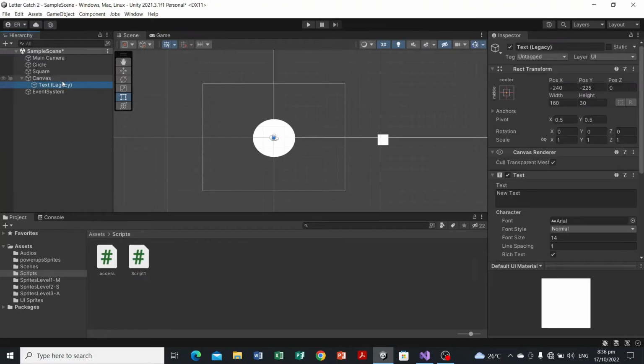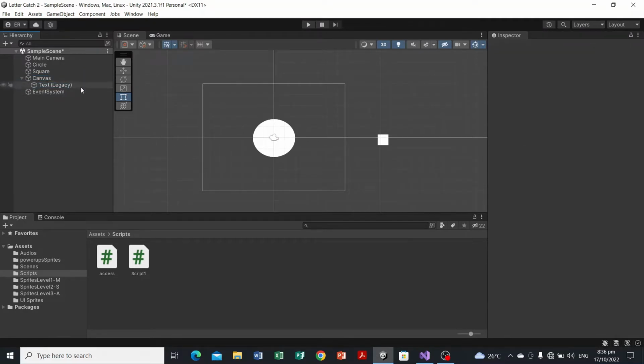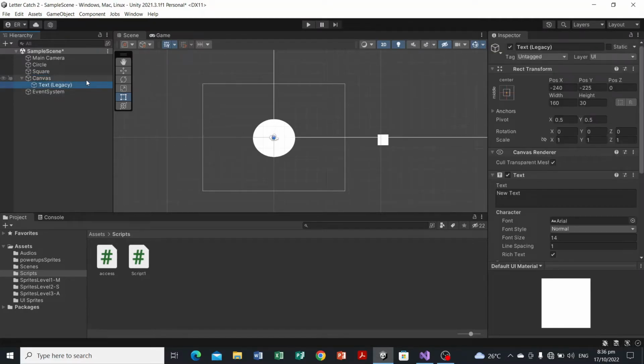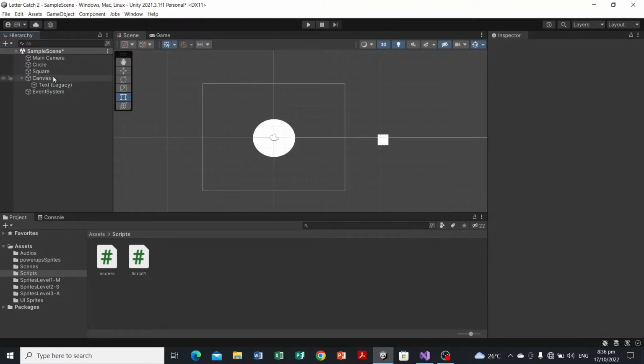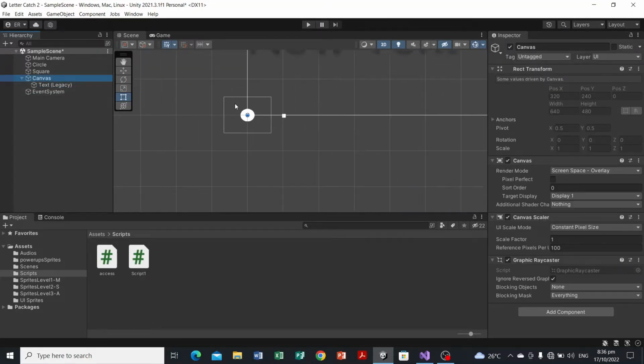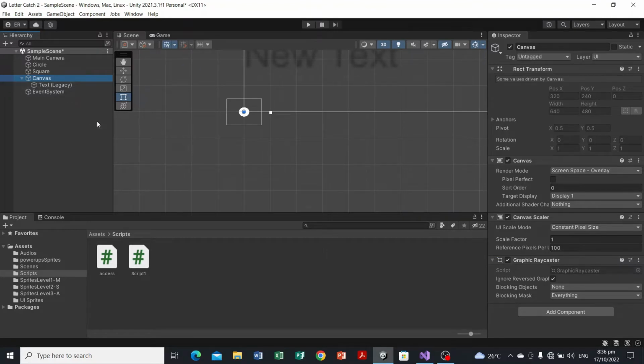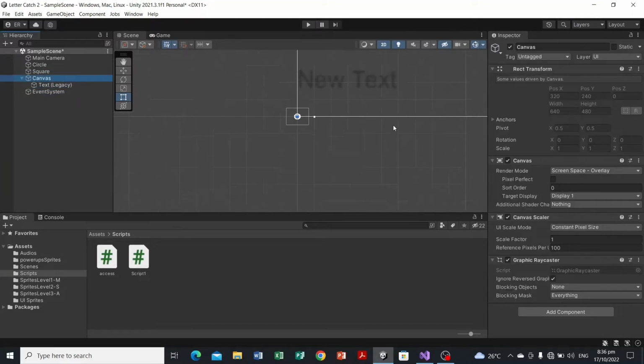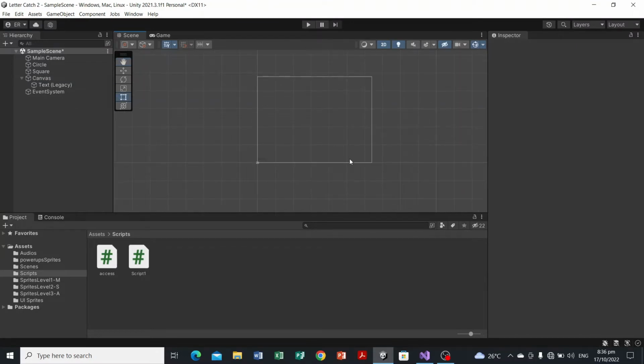In UI, I'll be talking here in advance since I'll be discussing this in the following videos. Everything that we will be including, every element of the UI, will be included in the canvas. So as you can see, we have here this canvas. Whatever UI you put here will appear on your game. For the sake of this example, let's just include this canvas, and we're not going to do anything with it,